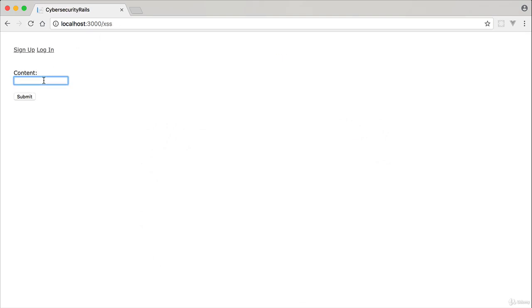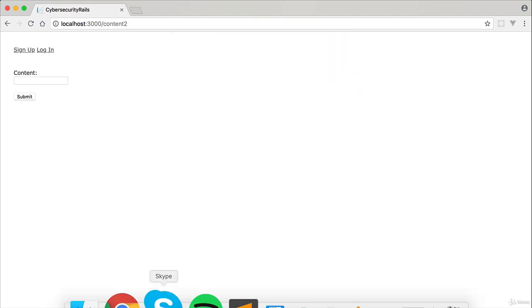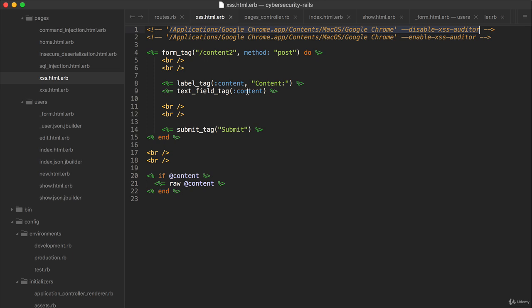And here we go. And here, if you just enter some content, it'll just display it. But then, of course, what happens if we just try some kind of JavaScript here? And there we go, it displays the JavaScript. So why is this happening? Well, one thing is, of course, we removed the protections from Chrome, but a second part of this is that